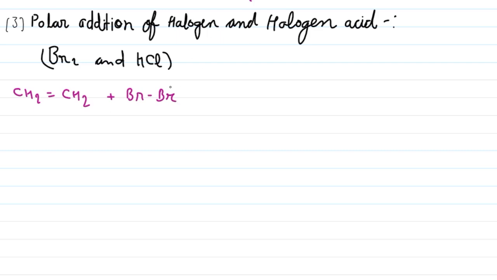In this case, one bromine is partially negative and the second partially positive, and this bromine atom acts as an electrophile. So the double bond attaches with this bromine atom and forms